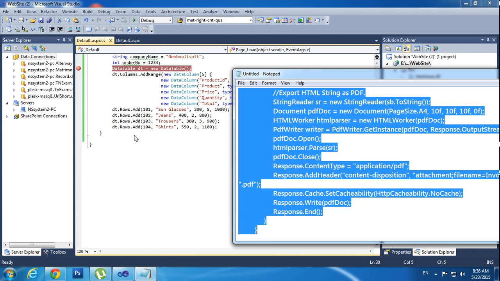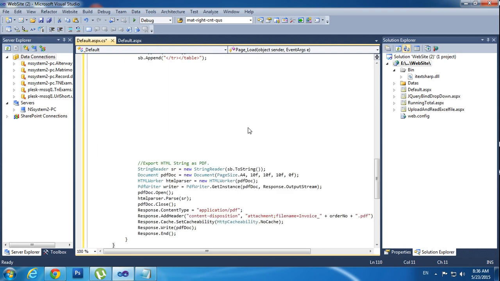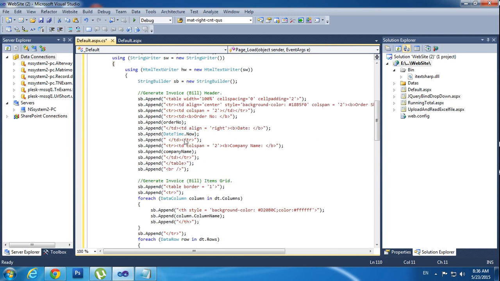Ctrl+C, and then paste it here. See, I already wrote the code. So this is